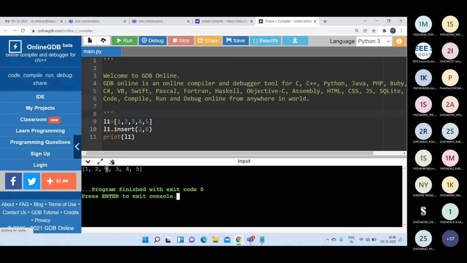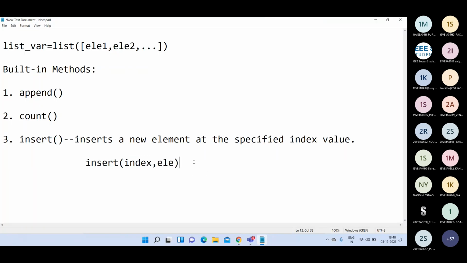The remaining elements are shifted towards the right side automatically. The remaining elements are as they are, but at the second position the element 6 is added. Like that, if you want to add any new element at the specified index value, you can go for the insert function.